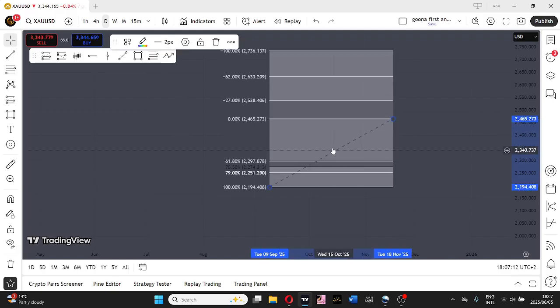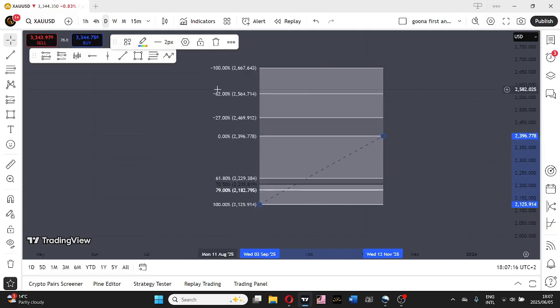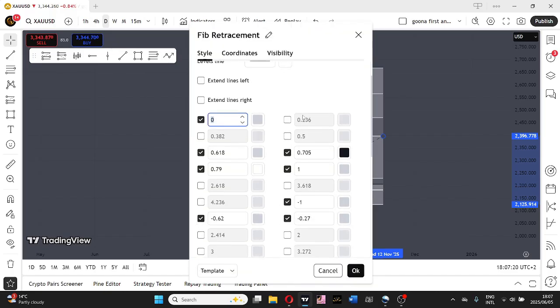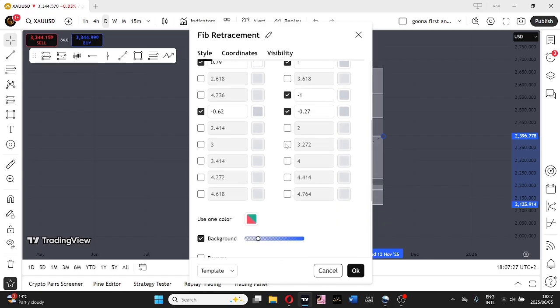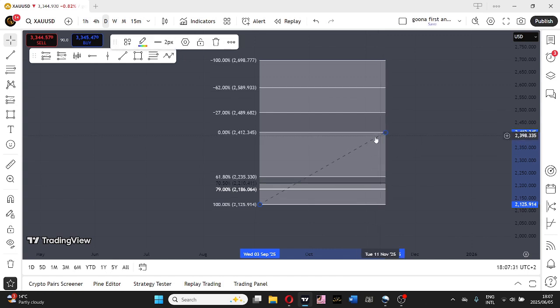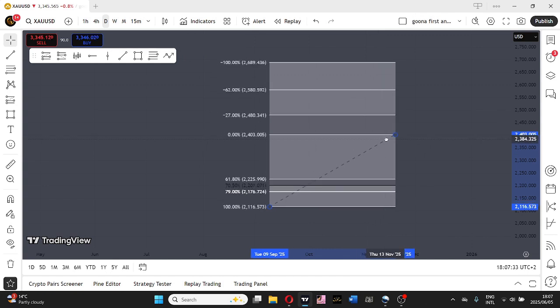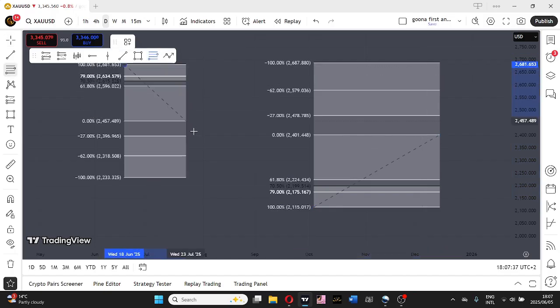So let's start with the Fibonacci, in terms of understanding it and how to use it. These are the settings you have to get. Yeah, hope you can see that. So when you set it this way, it's supposed to be this way. When it's bearish like this, let's do two examples. When it's bearish,